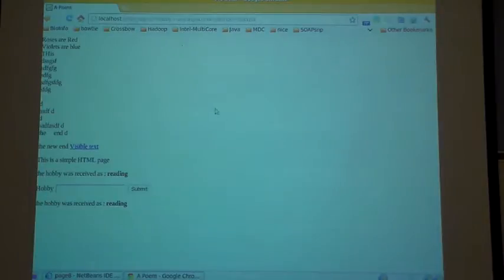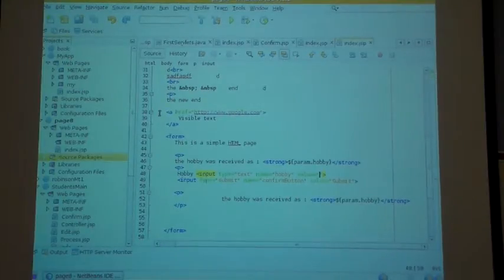So for the times that you need to do this, but you also want to leave what the customer had typed, in case they made a mistake, they don't have to retype the whole thing again. They can make a correction and go. Or if you don't want it, then you leave that value equal to empty. All right, so